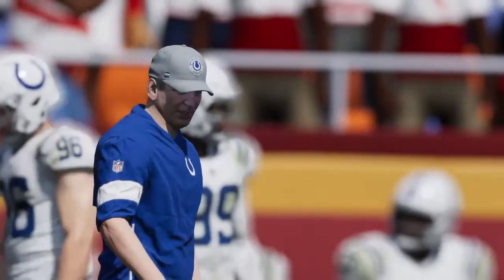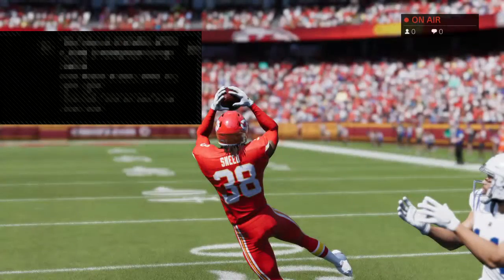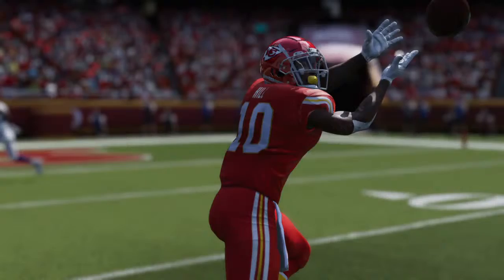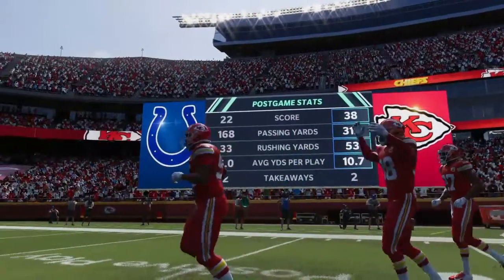Today, Charles, we saw a lot of points go. Film, don't you think? No doubt about it, and they've got to go back and check where the errors are, how they're going to fix them, and continue to get better at what they do. But they also need a little adjustment with their confidence. To give up that many points, even if you win a game, that can hurt you. So for the Chiefs, the win will move